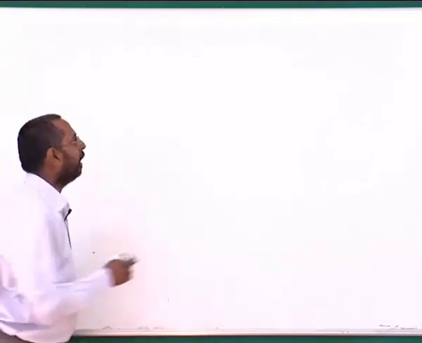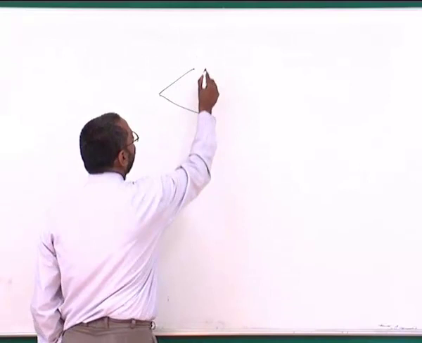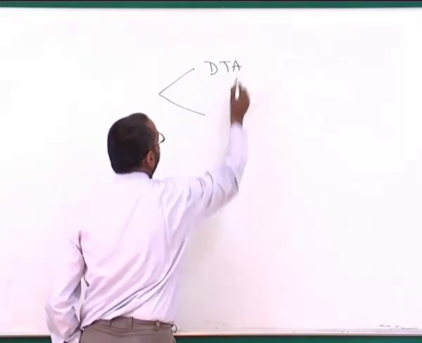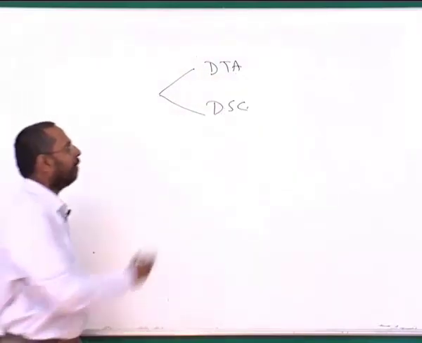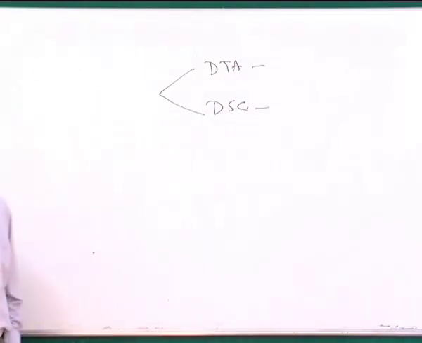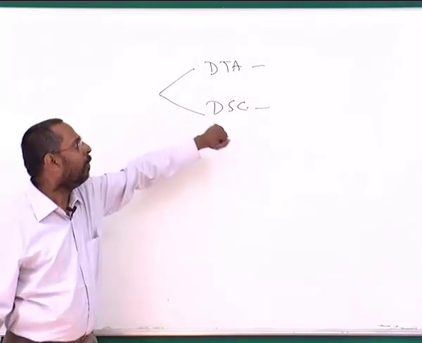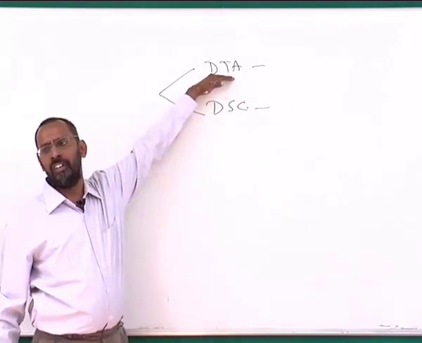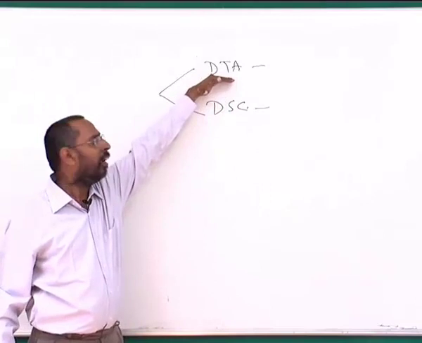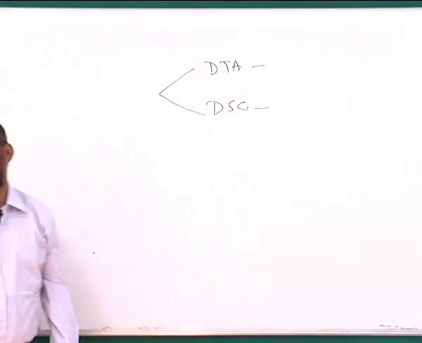So there are two thermal analysis techniques which are used in general. One is called DTA, another is called DSC. One is called differential thermal analysis, another is called differential scanning calorimetry. As you can easily see the difference, one uses thermal analysis, which is basically temperature measurement. The other is a calorimeter, so you measure the enthalpy differences.